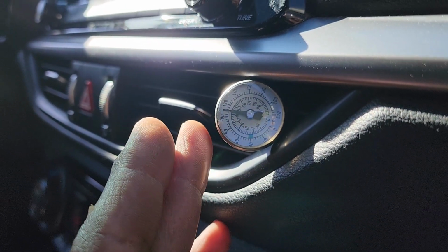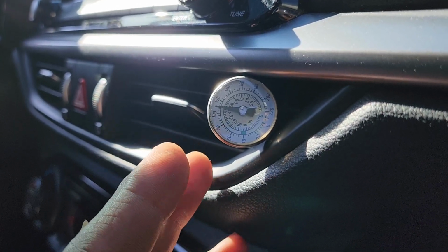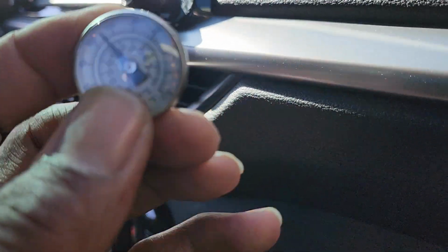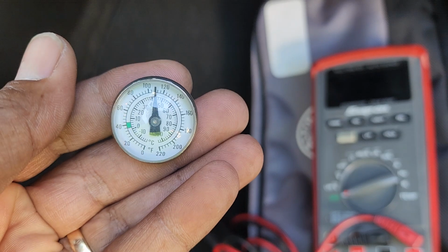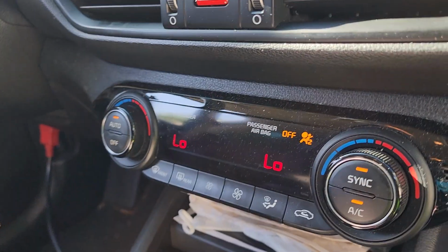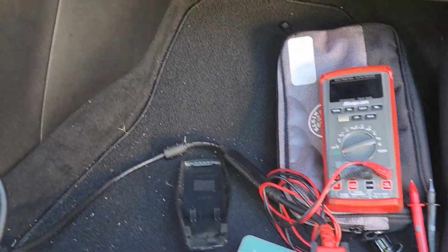Coming out of the vent. What is that? About 110. Literally about 110 degrees coming out of the vent. Look at that. Coming out of the vent, and we have it on. We have the AC on low. So what I'm doing here is not replacing the